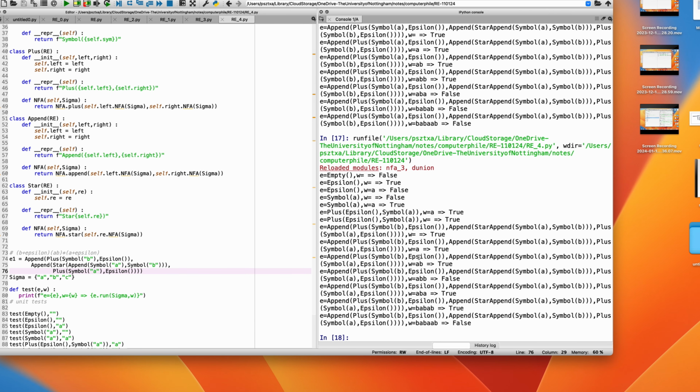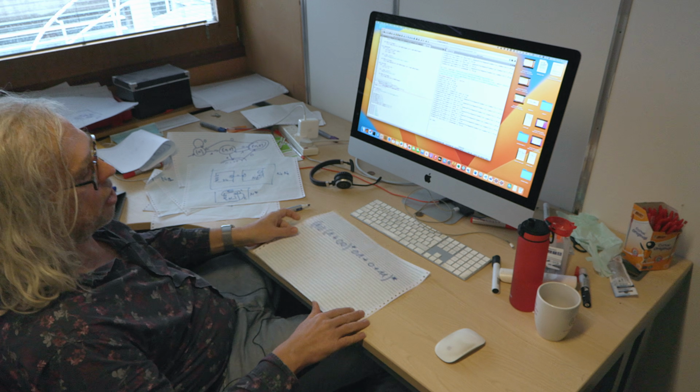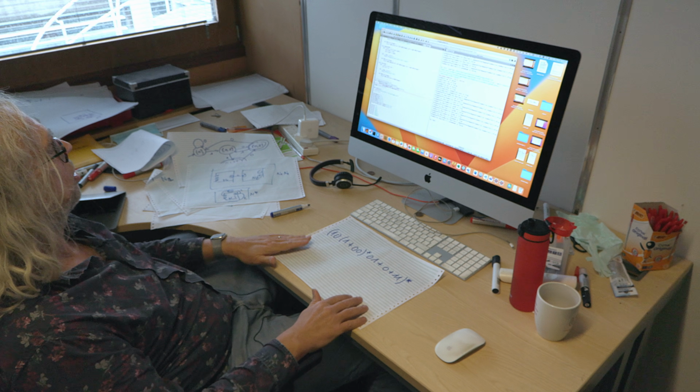So we have this complicated expression, and what do we say? We say the empty word is true, the A is true, AB is true, ABB is false, ABA is true, BABAB is true, and BABAAB is false. So seems to work. So now for entertainment, yeah, I asked what's the language of this regular expression, and now